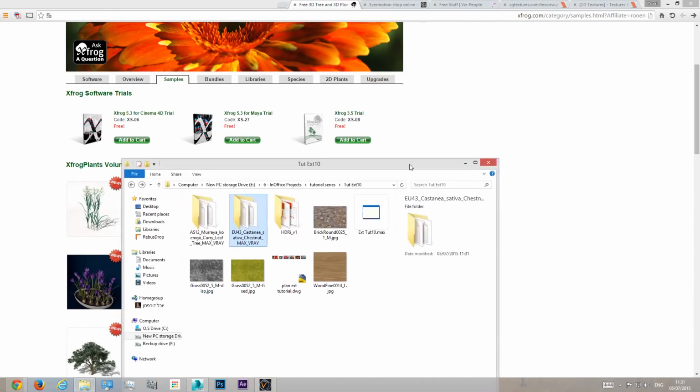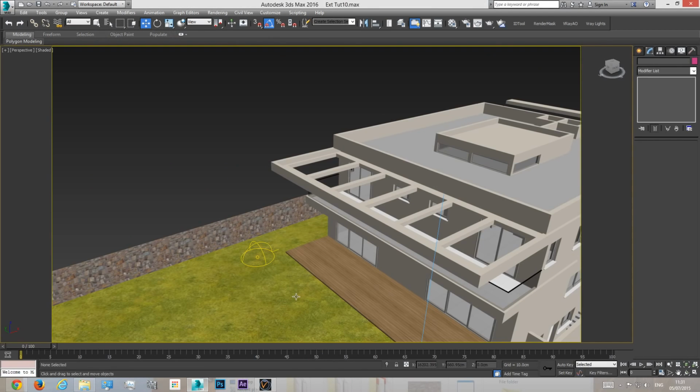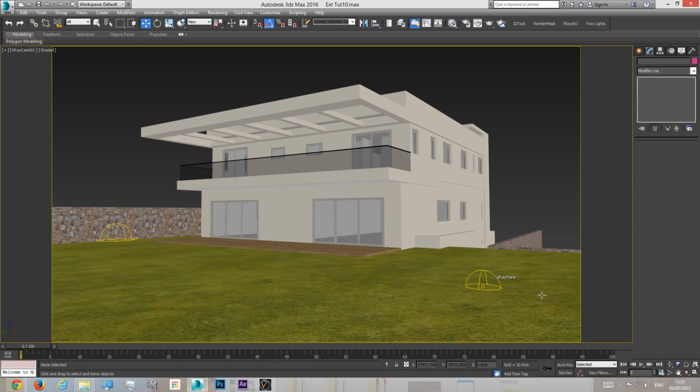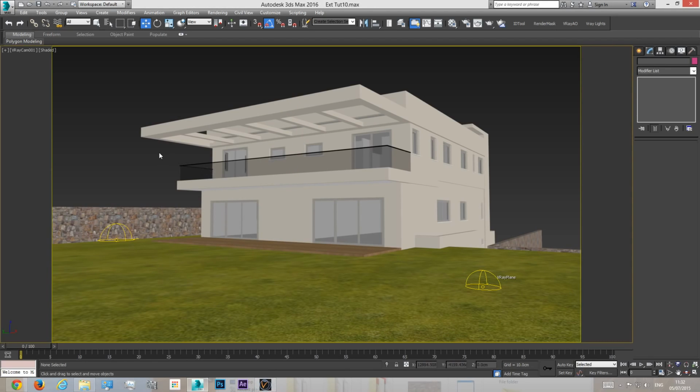So the trees I just downloaded are this one and this one. I'm going to use them for background trees and a couple of trees inside of our perimeter. So one here and one here to close the perspective with a little leaves here and here. So after I opened, this is the V-Ray real time. After I opened